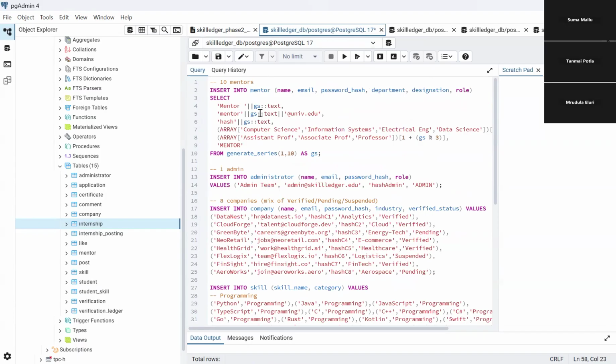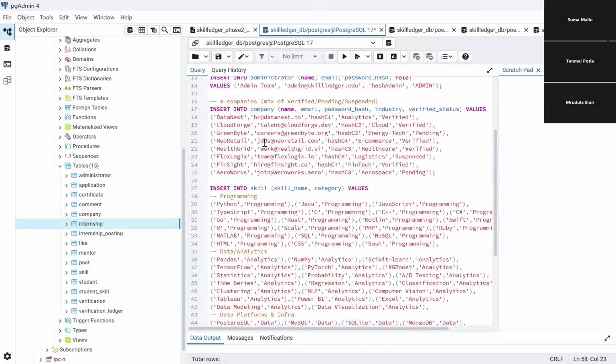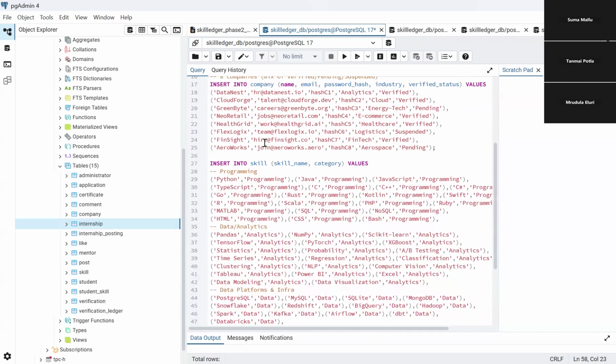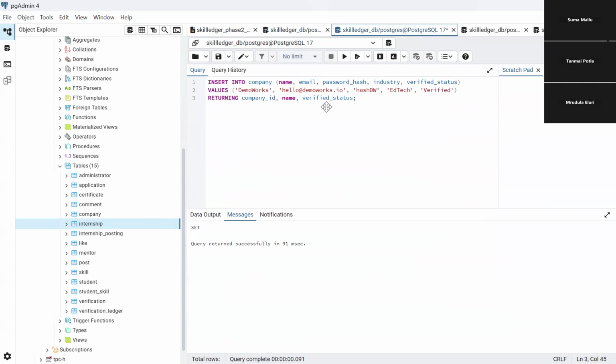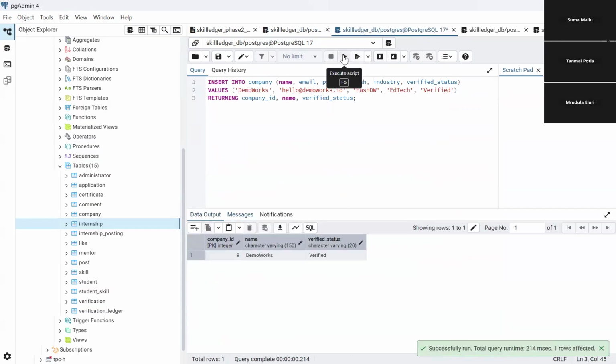We didn't use any dataset. We created the rows ourselves, and we used insert commands to import the data. Here, as you can see, and moving on further. So let me run this code. As you can see here,